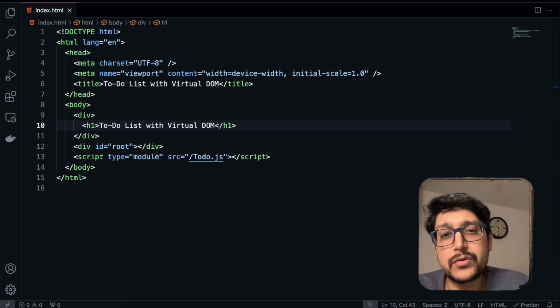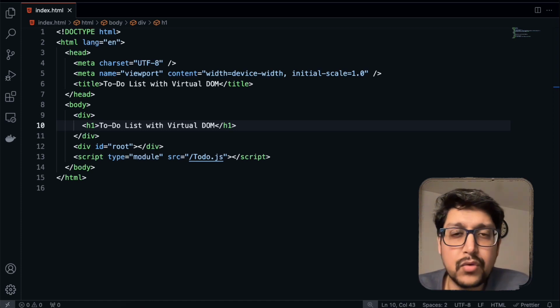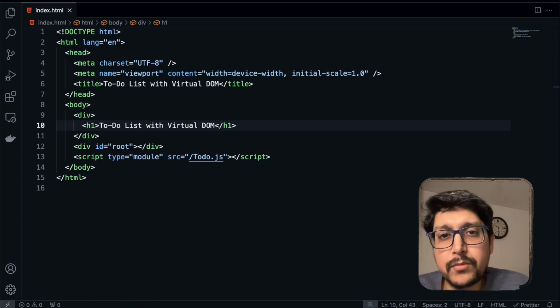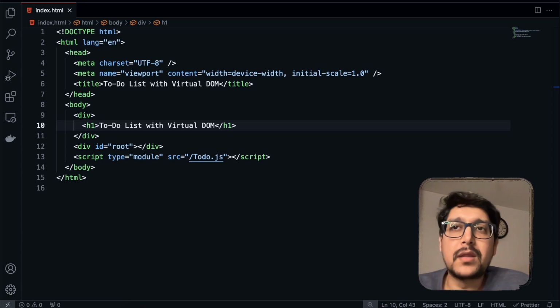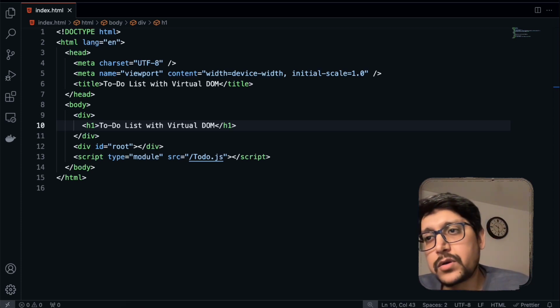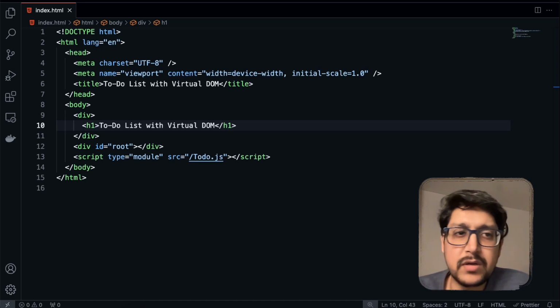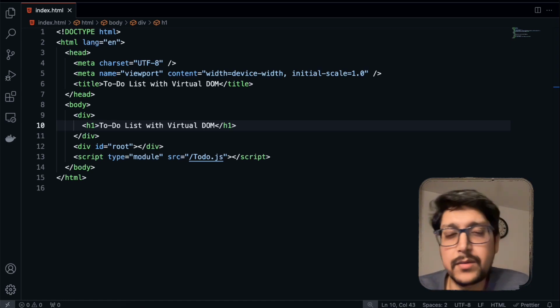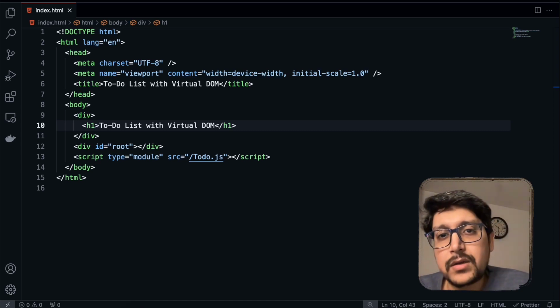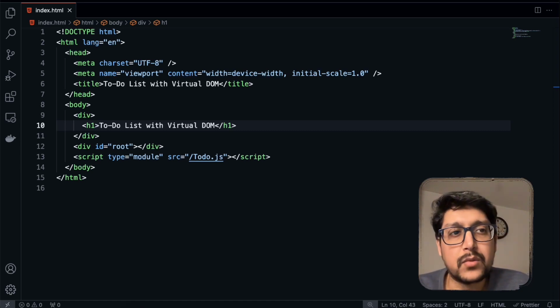AngularJS introduced the concept of a shadow DOM and how they would update the DOM in real time. Then came React.js, where they introduced the concept of virtual DOM, and they had an algorithm called reconciliation algorithm that was responsible for keeping the real DOM updated with what's in the virtual DOM, but at the same time keeping